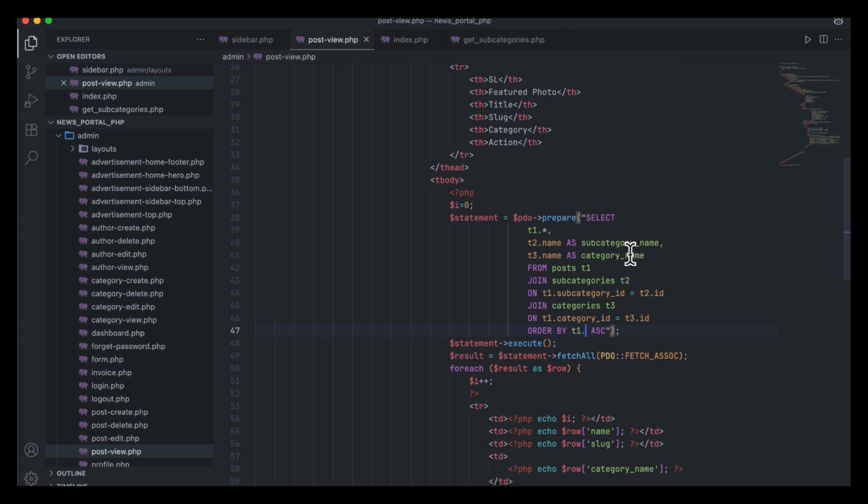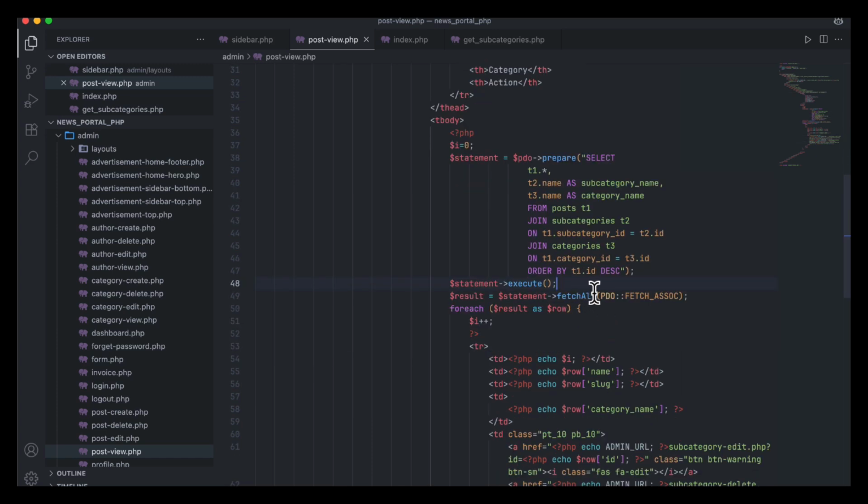No, not title, it will be ordered by post date. So the last item will be shown first, so here descending order. Or here you can apply another thing, dot, that means ID as descending order. So T1 means the post table all fields, the subcategories table subcategory name field, the categories table category, here T3 dot ID. So that means it is okay. T1 dot category, this thing ordered by this. Okay,